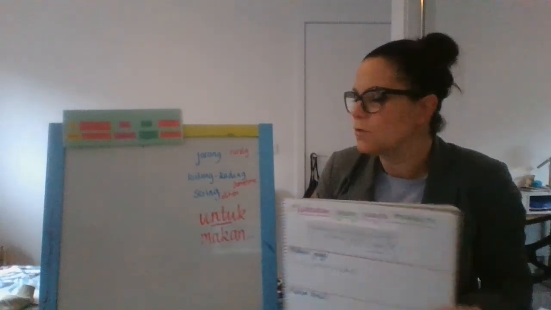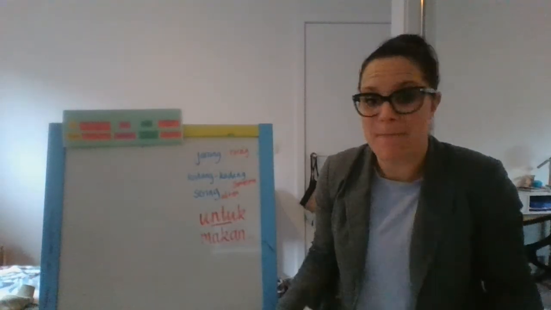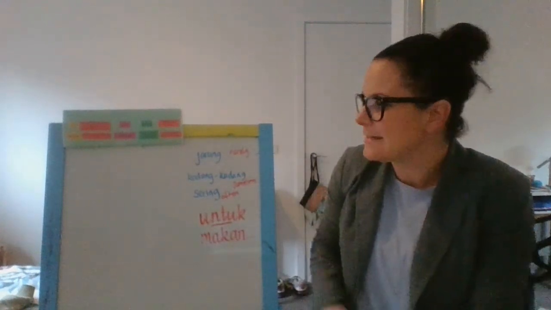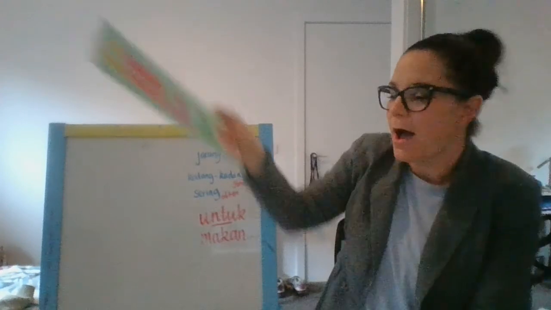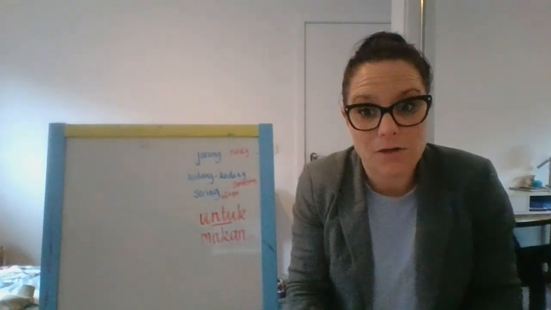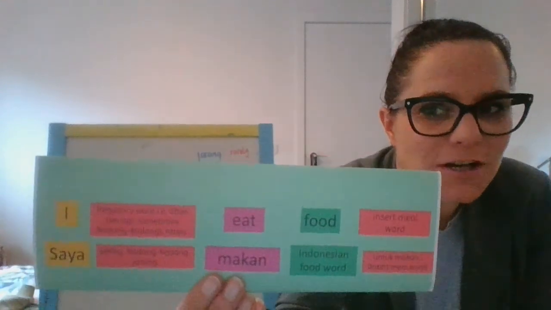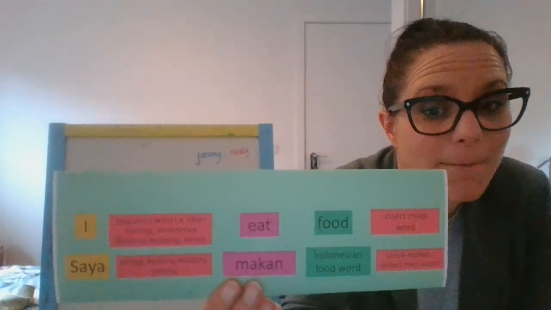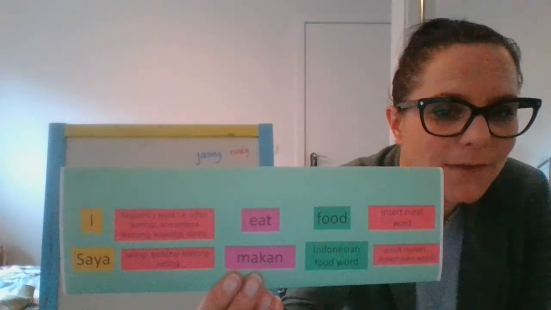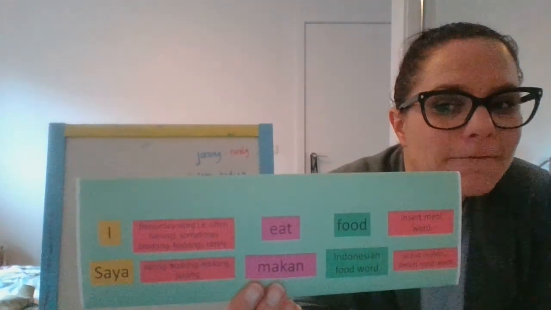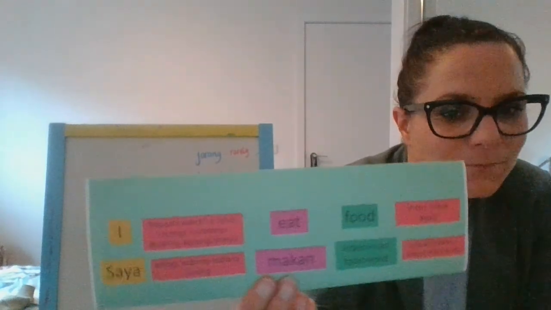So now you've ruled those sections up, and maybe you could pause so that you can do this as you go, step by step. I want to just remind you of the sentence structure that we will be using today. It is in the slide, so if you need to refer back as you're going, make sure you do that. And it's I, the frequency word, eat, food, and then the meal word.